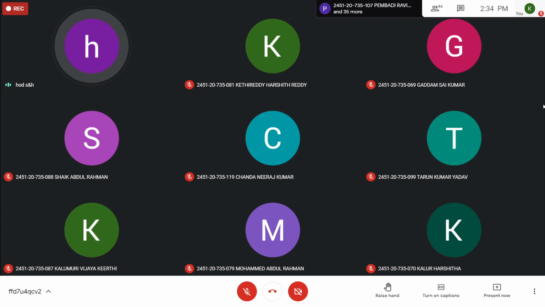Basing on that, we'll proceed for one more experiment. One is the numerical aperture of an optical fiber, and another one is the thermistor. Among those two, we'll start one more experiment. And simulation is possible, I have to check initially. And after that, you have to perform the experiment.